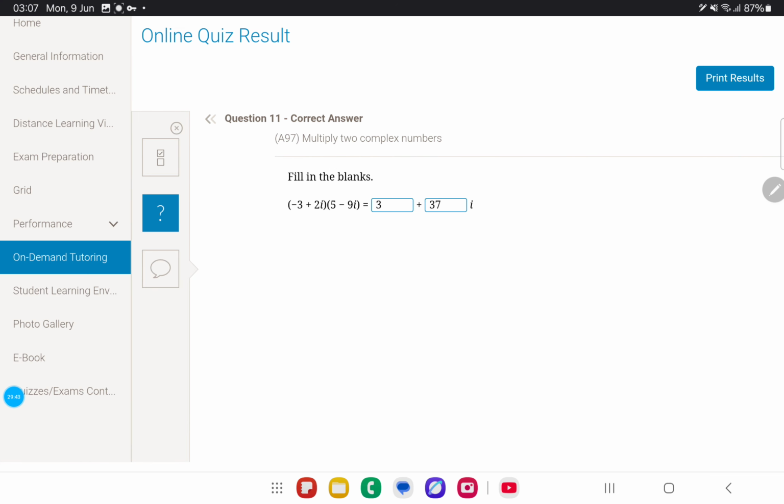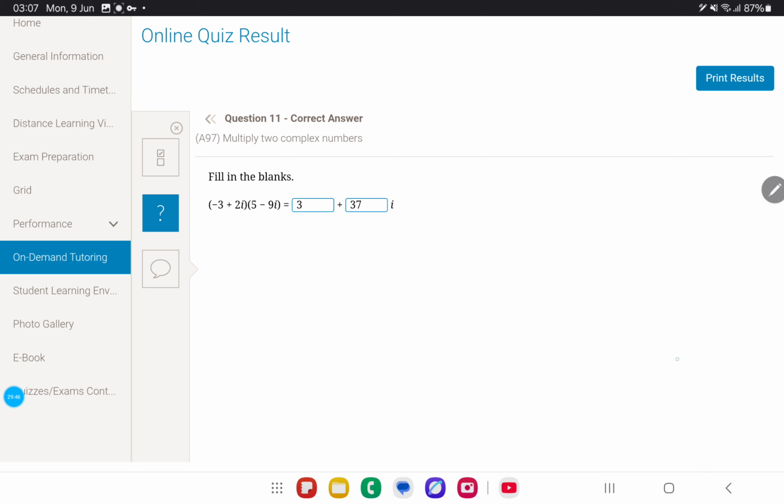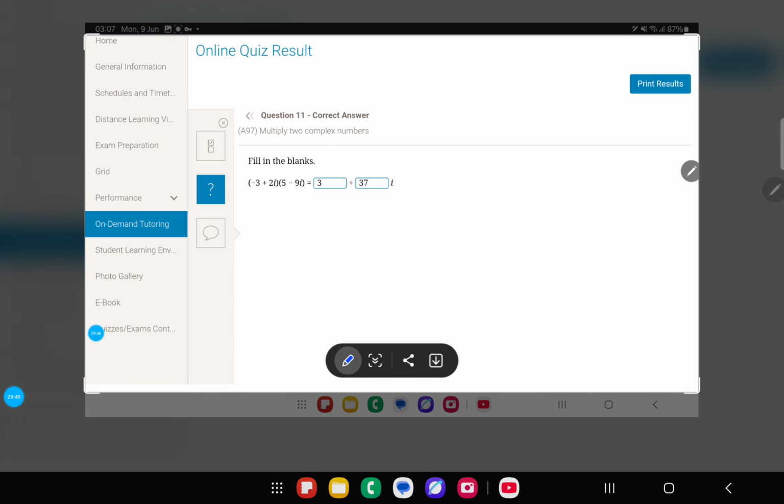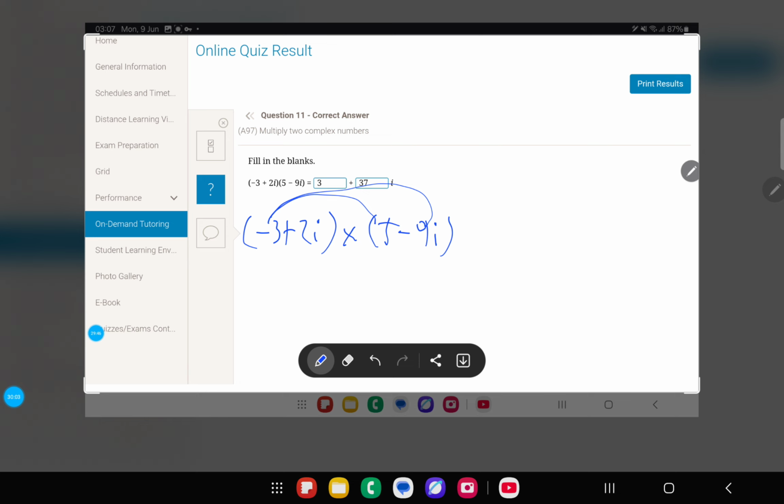Now moving on to question 11. Okay. So you got negative 3 plus 2i times 5 minus 9i. You multiply them together. You put negative 3 times 5 and negative 3 times negative 9i. You get negative 15 plus 27i. That's for the 3. And then 2i times 5 and 2i times negative 9. 2i times 5 is 10i. 2i times negative 9 is negative 18i